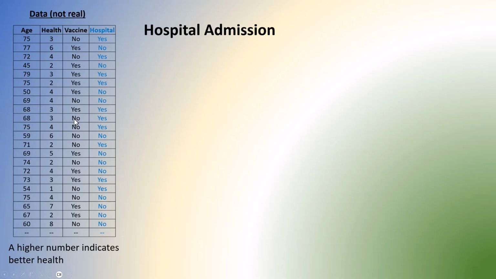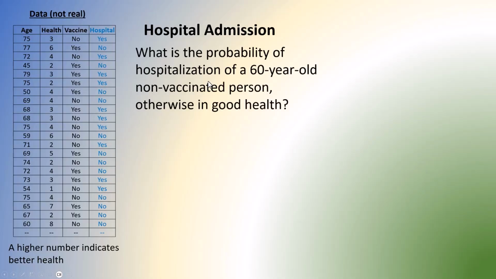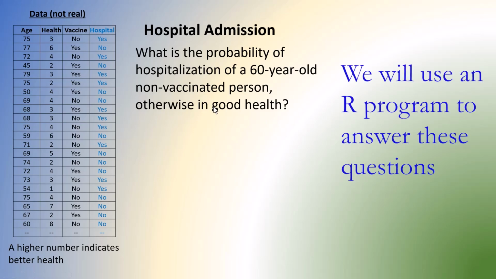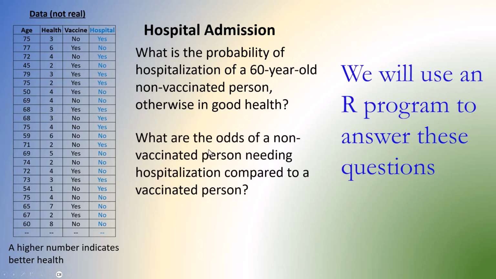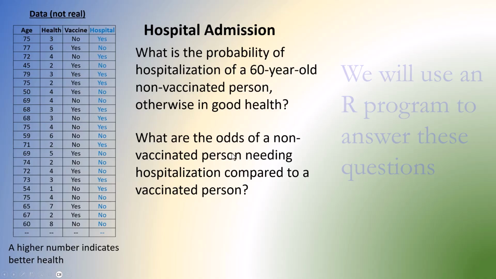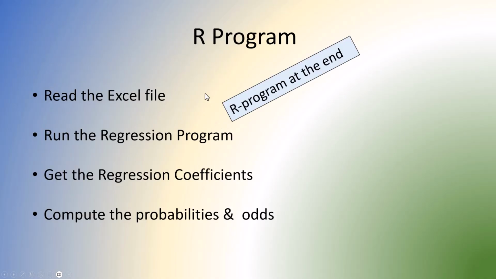So what are the questions we may ask? If somebody is 60 years old, didn't take the vaccine, in good health, what are the chances he or she will be admitted if he catches the virus? What are the odds of a non-vaccinated person needing hospitalization? The R program is at the end. We're going to read the Excel file, run the regression program, get the regression coefficients, and compute the probabilities and